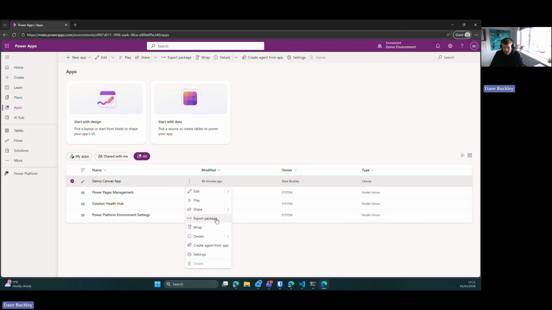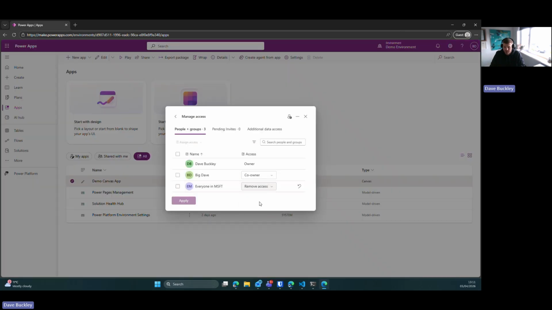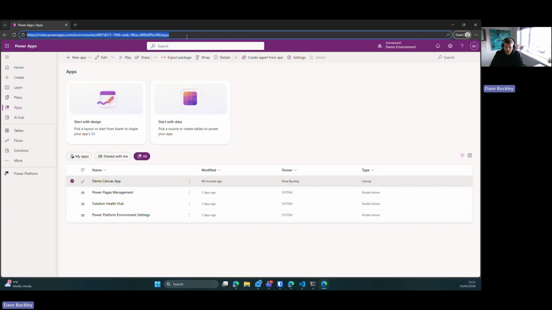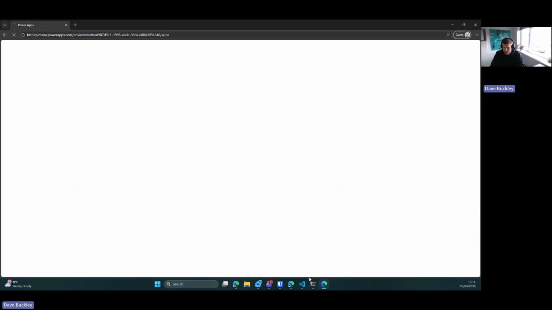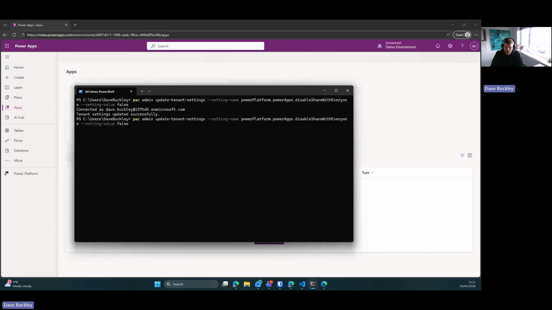That would just be a case of enabling this setting. As I mentioned, it's already enabled by default, so for the most part you should be safe here, but it's still worth checking. So let me just remove the access for everyone in this instance, so we're starting from a fresh slate. And then we will go back to our terminal window, and then we'll set this